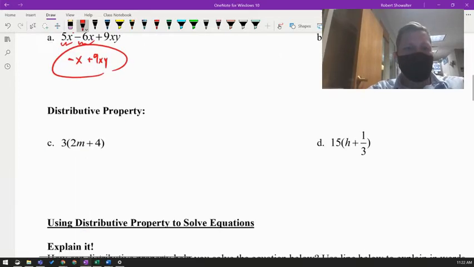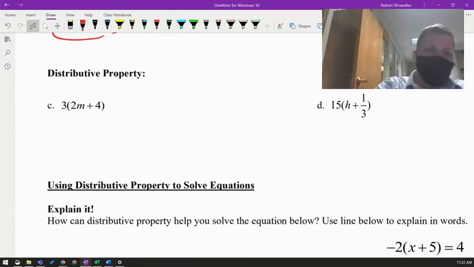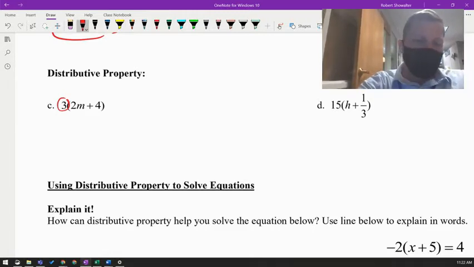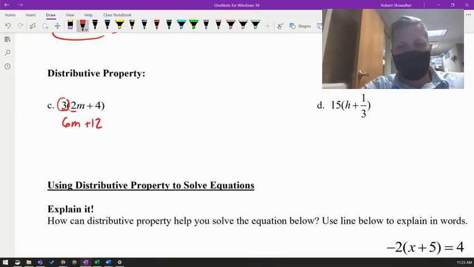Let's get it. Next one, distributive property. If you remember, what we have is this 3 times that whole quantity to the right. So we have 3 times 2m and 3 times 4. So 3 times 2m, we're going to think 3 times 2, which is going to be 6m, then 3 times 4, which is going to be 12. And we can't combine these. We're going to stop there because they're not like terms, meaning they don't have the same variables to the same